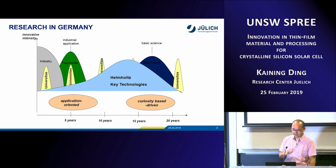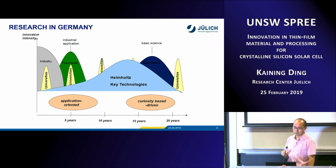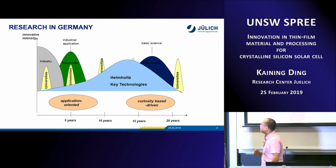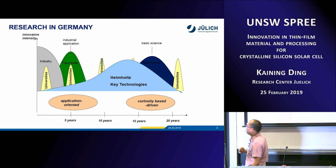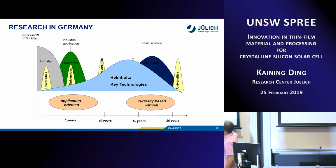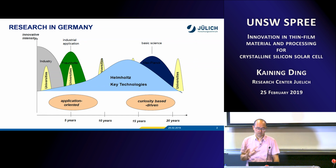They work very closely with the industry, and most of the money they get comes also from the industry directly. And there's also, here you might not see it, Max Planck. This is an organization that works on more curiosity-driven basic research, not really attached to any application. And there is also Helmholtz. This is an association that basically deals with everything from application-oriented to curiosity-driven,